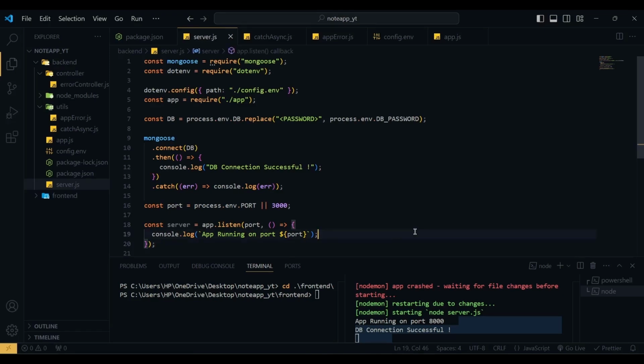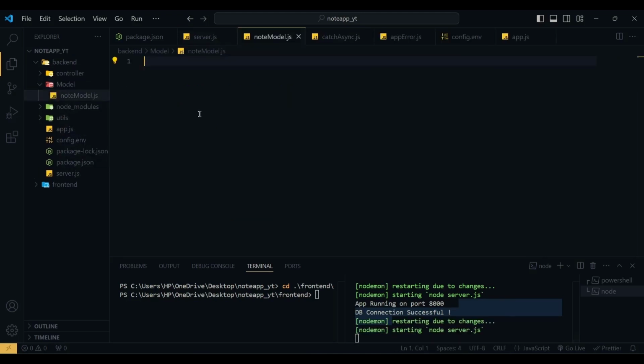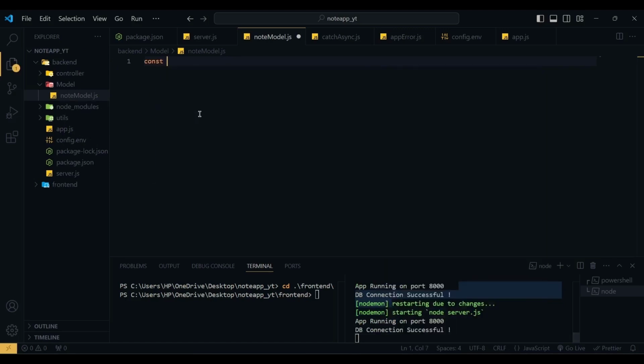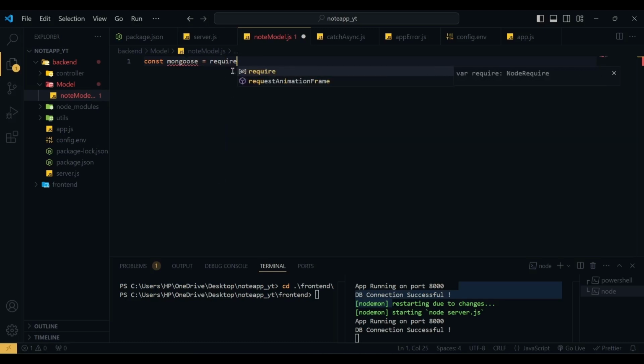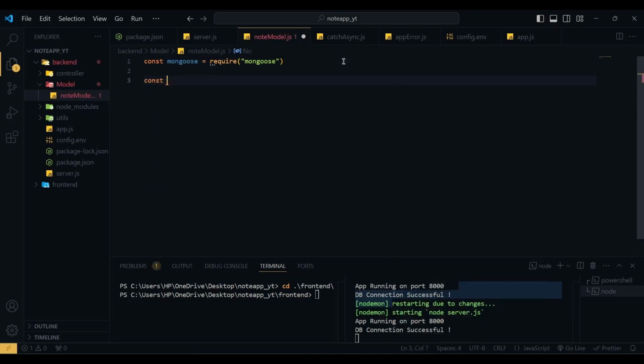Next, we are going to create a model for our nodes. So for this, I'm going to create a new folder and I'm going to name it model. And in model, I'm going to create node model.js, not tsx. Now here first I am going to import mongoose, require mongoose, and then I'm going to create a node schema,